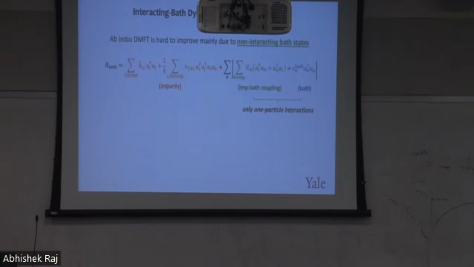In order to solve this problem, we realized that the issue is really that the bath states' coupling to the impurity is only one-particle interactions. We're using a large number of bath states, but all of them are coupled to the impurity through some simple one-particle coupling parameter V, and also their energy levels. All of these are one-particle like. They don't have the two-particle interactions as in the impurity Hamiltonian. So this is a really general impurity Hamiltonian. And naturally, one would ask, what if we allow this impurity-bath coupling to be a general two-particle interaction,